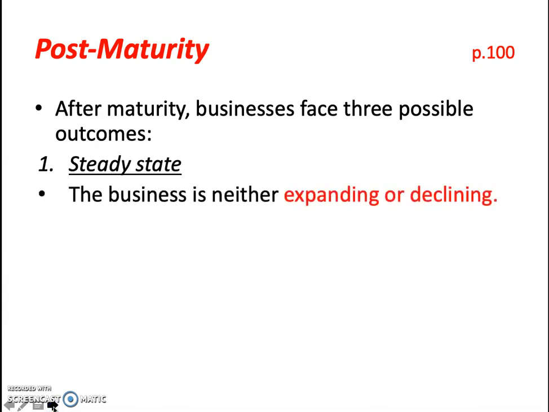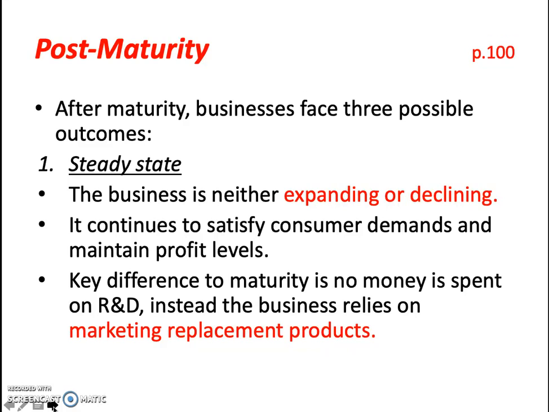Now, after the maturity stage, you go to what is post-maturity. If I bring them all up here, you have the first one of the three. If we go all the way back, remember we have our three, which was renewal, steady state, and decline. Let's look at steady state first, which remember was a steady line continuing on through post-maturity. Now, the steady state is where you're neither expanding nor declining, and basically your business can continue on in perpetuity, doing not much and maintaining the same profit levels.